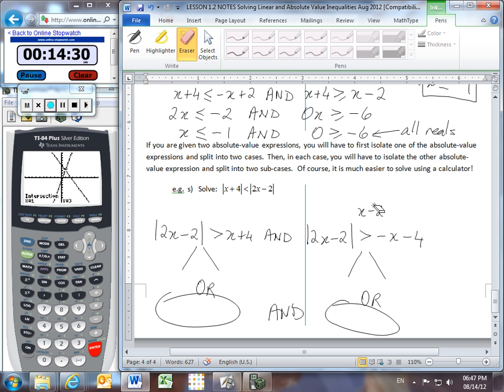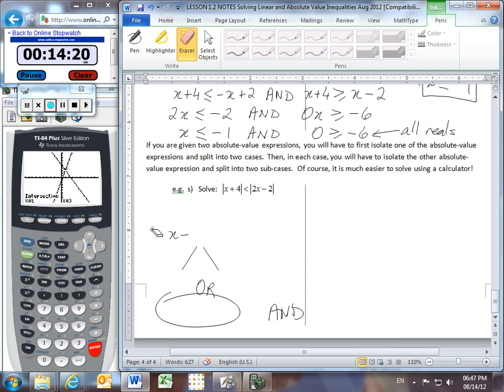This is certainly a much more challenging problem, and so let's do it all in full, and hopefully we'll agree on our solution by the time we get to the end. And I might also solve it using a calculator so we can compare. So here we go. We said that we would begin by isolating one of the absolute values. That's been done for us, and so as I take away the absolute value sign,